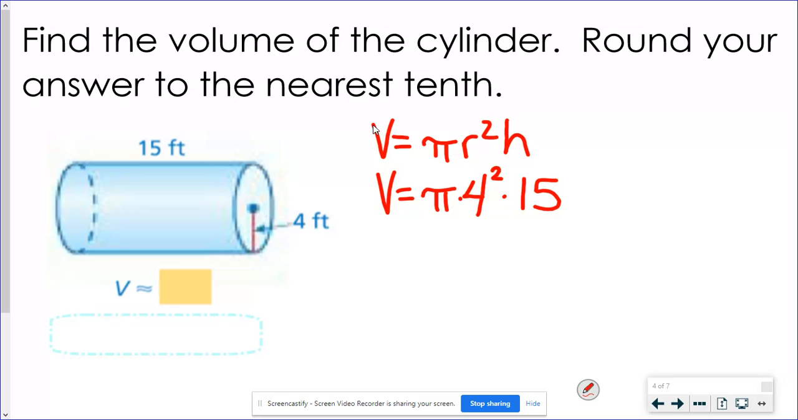I would do the 4 squared, which is not 8. If you're not sure about that, go ahead and use a calculator, but 4 times 4 is going to be 16 times 15 times pi. That gives me,